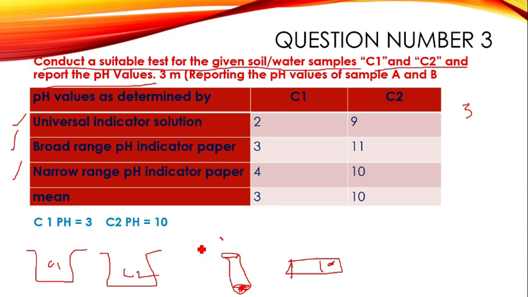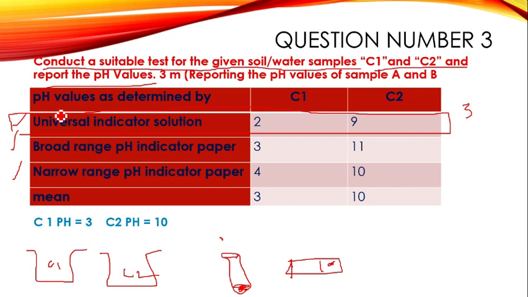Here what happens, in a few colleges they will identify pH only with the pH indicator paper. In a few colleges they may contain only one type of pH indicator, that is a universal indicator solution, and in a few colleges we can see more than one type of pH identification process. Here what we have to do, if you have only one type of pH indicator, then you can do only that one type and get the result.